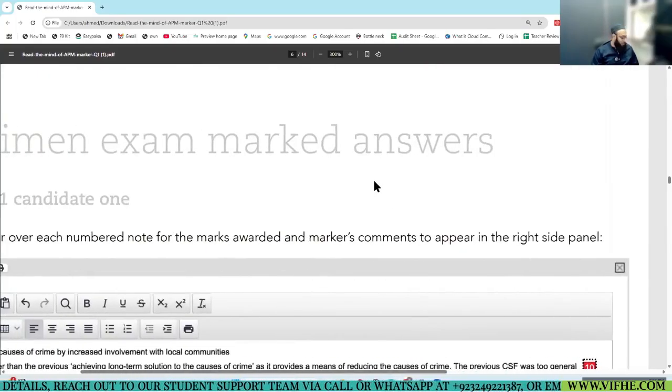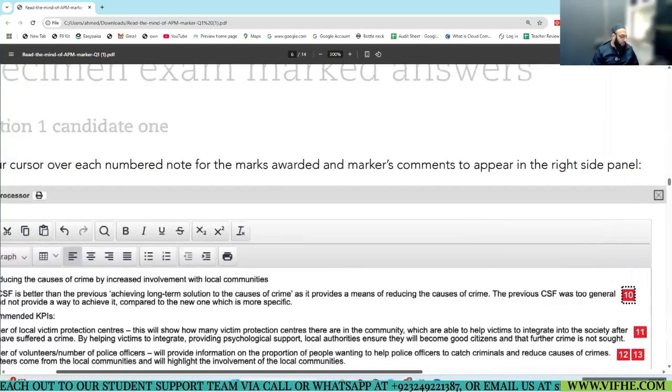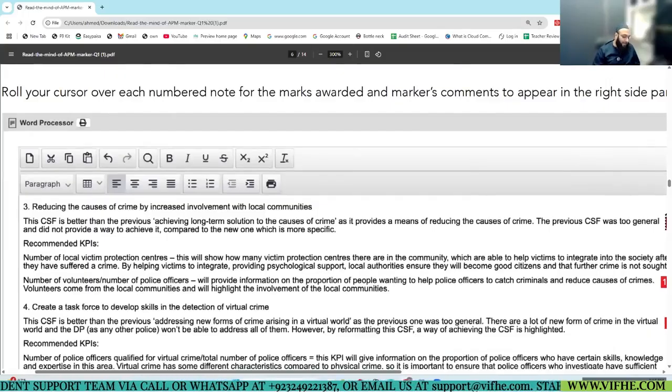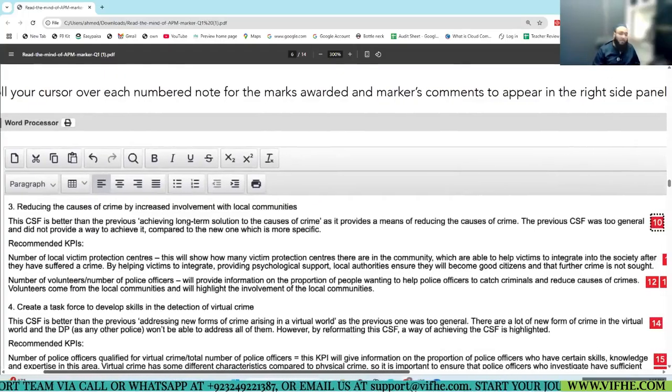What is your point of learning here? You should quickly decide in your mind whether something like this is possible for you to write in the paper or not. Say yes or no. If the answer is yes, then you should be happy that you can come somewhere near to what is written here. Yeah, perfect. Now the KPIs.